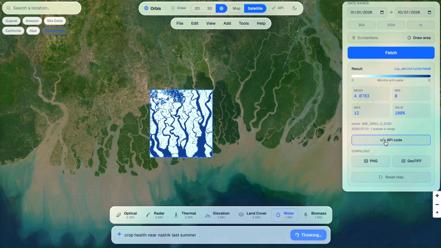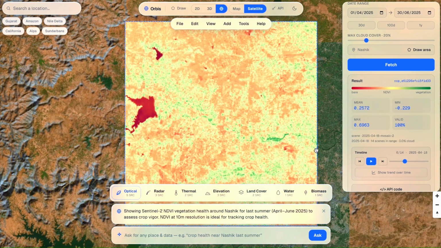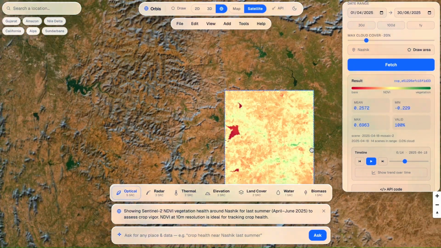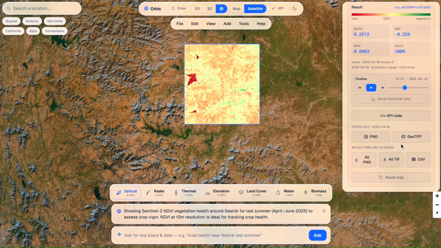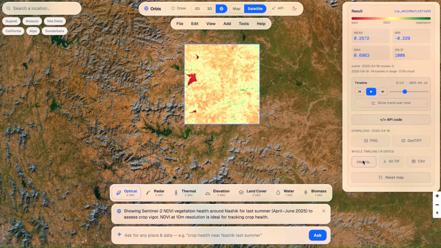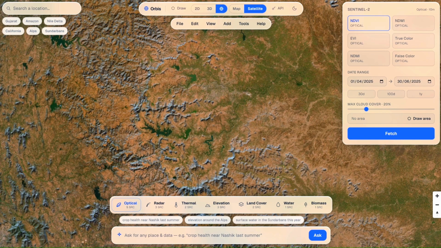The in-chat intelligence tailors every response to your needs, customized in the flow of conversation. It auto-selects the best source and time for the job. And then the zipping feature. It hands you a whole set of images at once, so you can analyze trends over time in a single download.